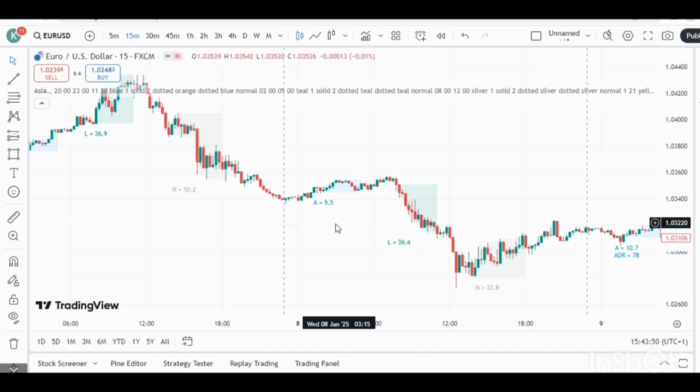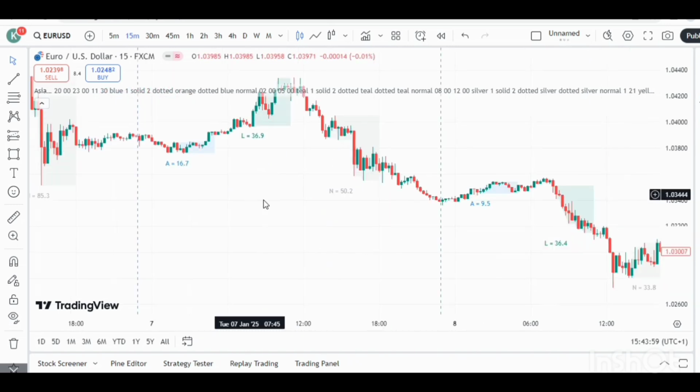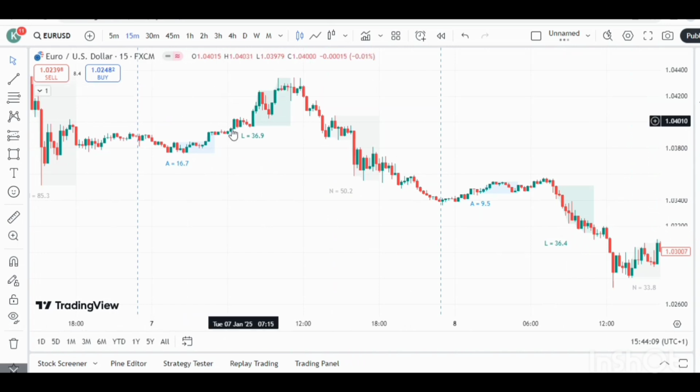So on Wednesday, we didn't actually get any trade. But on Tuesday, we had the second one, which is the market broke out of the high of the Asian session, reverses during the London session and continues to sell. As you can see, it broke out, reverses and continues to sell. Then on Monday,